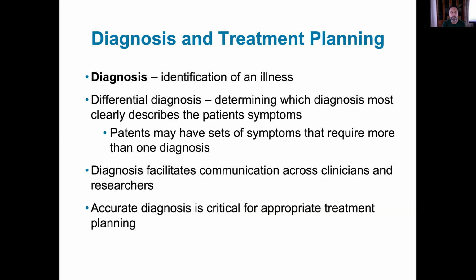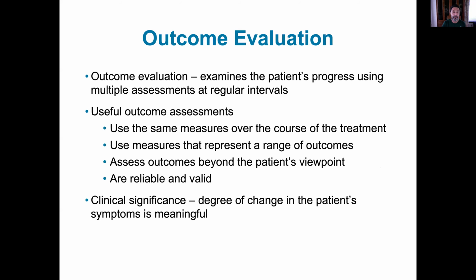Basically, in this class, when we're talking about a diagnosis, we're trying to identify whatever the disorder or the illness is. Is this depression? Is this anxiety? When we're doing a differential diagnosis, if it looks like it could be one thing but it could be another, we want to make sure that we are looking at the two different things and ruling out one, or maybe waiting a while so that we can actually get some more information from the patient or the client.